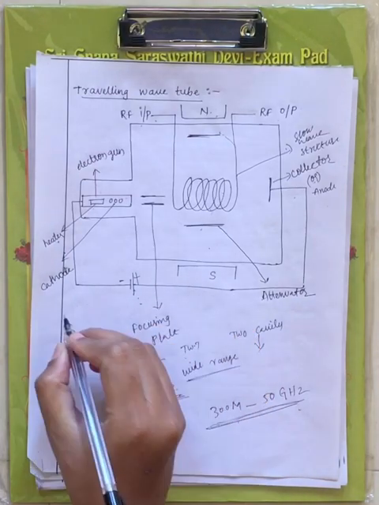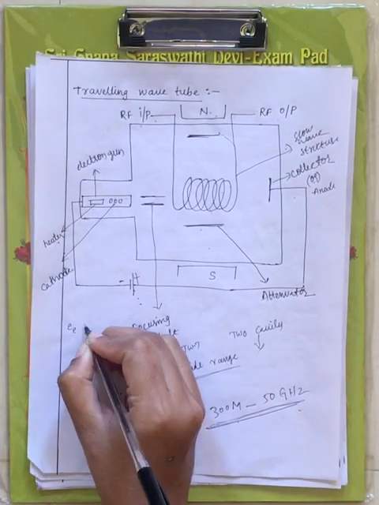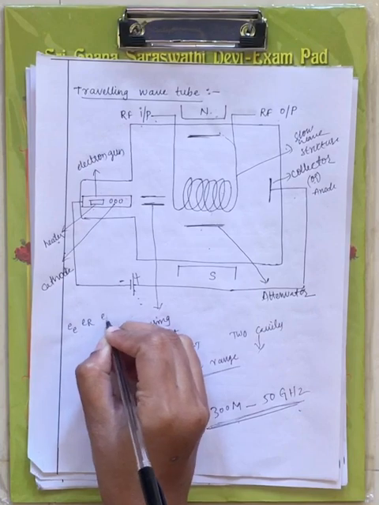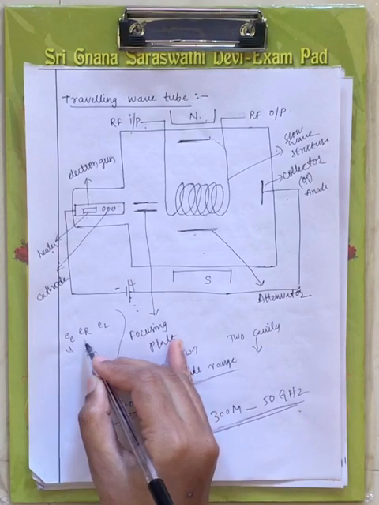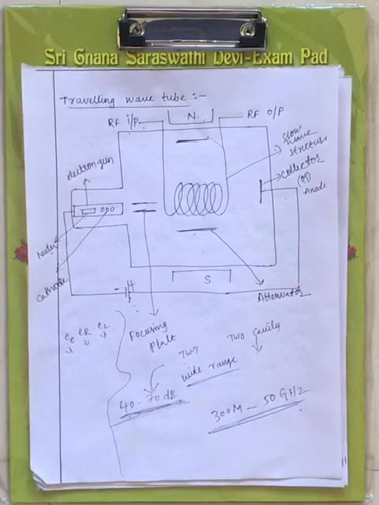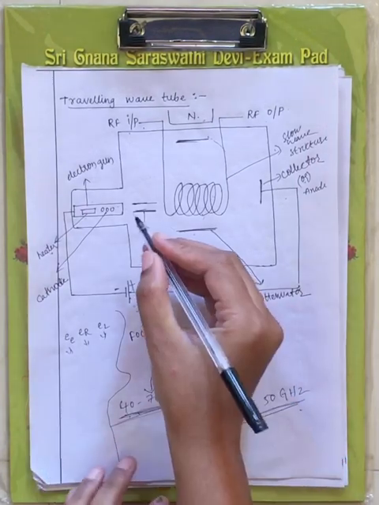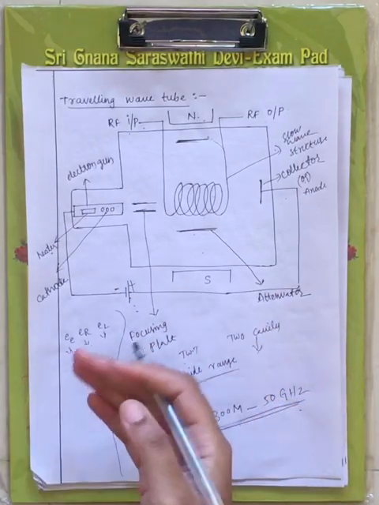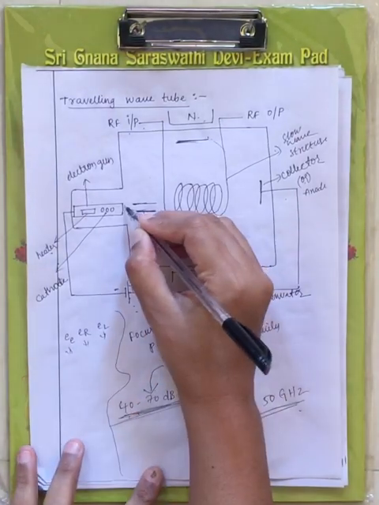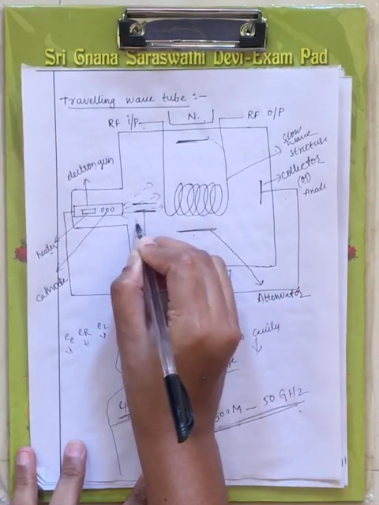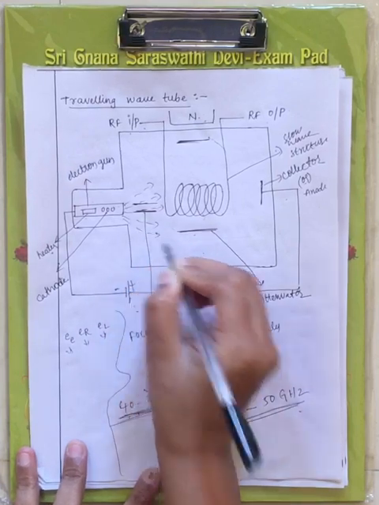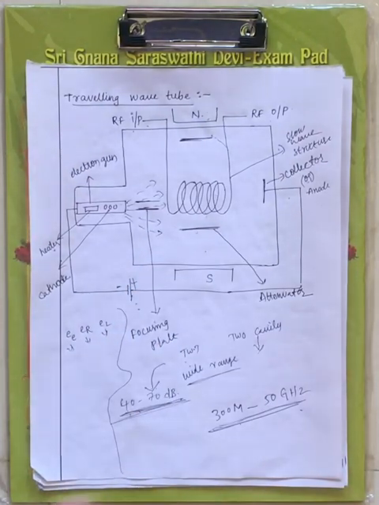Among that beam of electrons, let us consider an early electron, a reference electron and a late electron. The first generated electron is the early electron, and the last generated electron is the late electron. Once the electron gun generates the beam of electrons, it may travel in this direction, or this direction, or this direction. It may split in different directions.